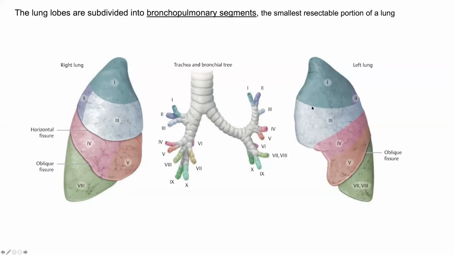Guys, when you open different books, some of them write right lung has 9, left lung has 10, and some write the opposite, vice versa. So let's be at a single unit, that is we consider 10 and 10. So there should not be any discrepancy. If you find that, simple solution, simple answer, 10 and 10, because that is our limit today. Tomorrow, when you become a cardiothoracic surgeon, then we'll talk of different things. But at the moment, at your level, just remember 10 and 10 bronchopulmonary segments are there on both sides.